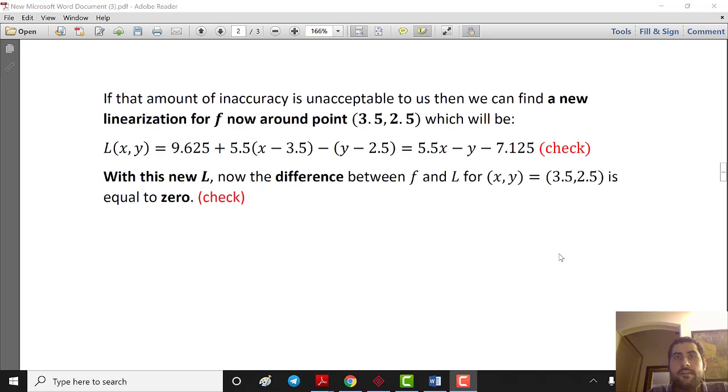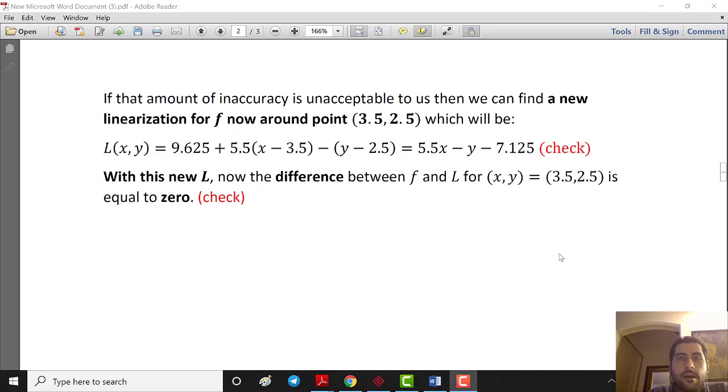I don't like that amount of inaccuracy, 0.125 between F and L. Oh? So, what can be done? The approximation has lost its accuracy. So the solution that I'm going to propose to you is to find a new linearization for F,